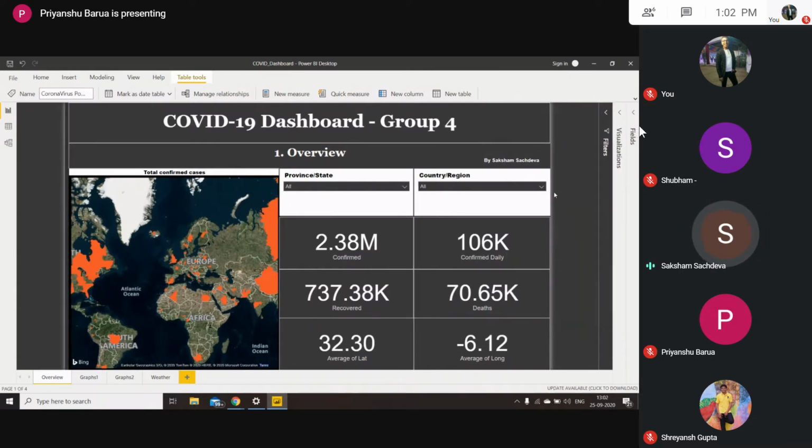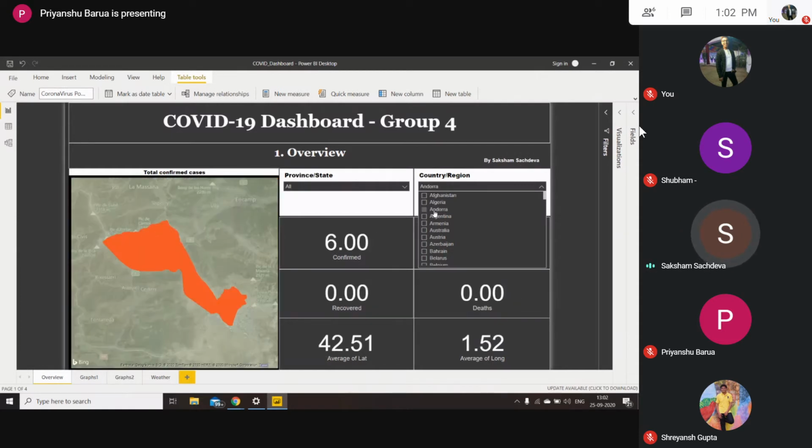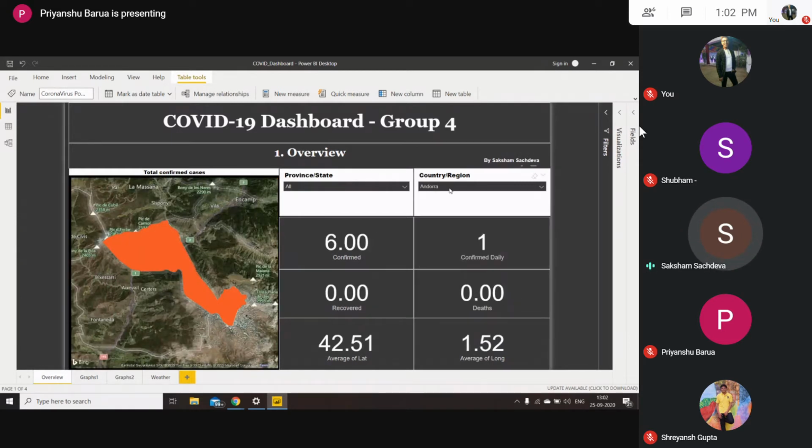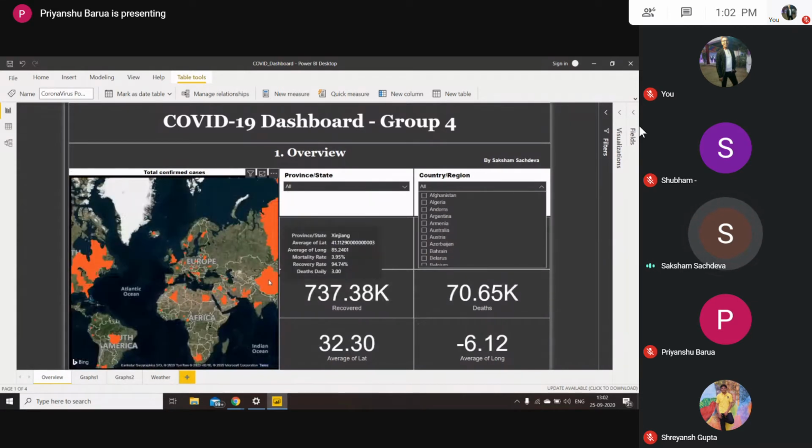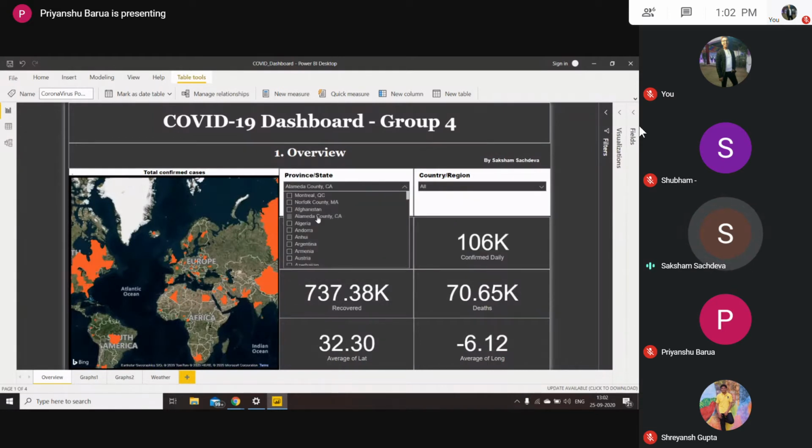So now comes the homepage of the dashboard, in which we are using the attributes of the dataset. Used are confirmed cases, confirmed daily cases, recovered cases, deaths, and many more. The map visualization tells about the count of confirmed cases, deaths, and recovered data of each particular country and state. By hovering our cursor on the map, we can also see place-wise data with the mortality and recovery rate plus other information. Drop-down slicers and play cards are also there, which change dynamically by providing a particular province and country.